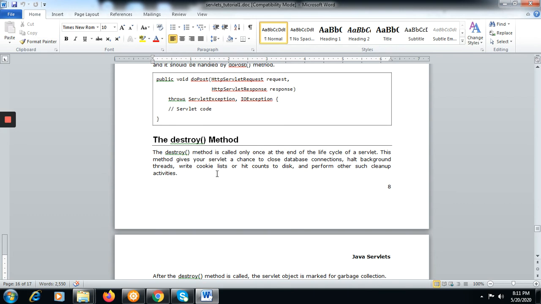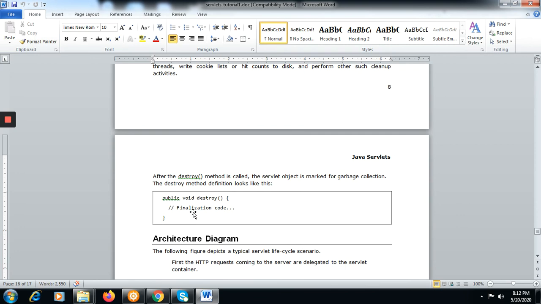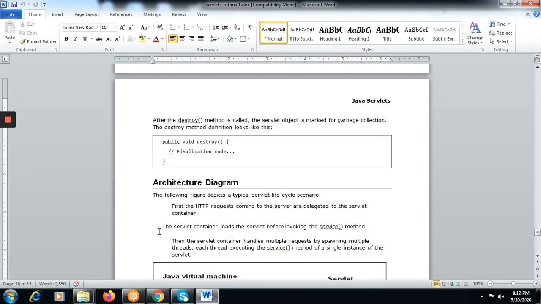If you are using files, for cleanup you need to close the files. If you have database connections open, you need to close them. Any cleanup activities you can perform in the destroy method.